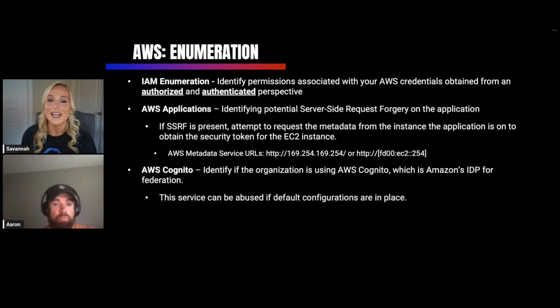So diving into further enumeration associated with AWS, you want to look at it from the authorized perspective versus the authenticated. The authorized perspective is if you have those permissions that you're looking for in that organization. From an authenticated perspective, you can see what you can access in that organization if you have some information like the account ID, and seeing what you can do from an anonymous standpoint to that organization itself. From an authorized standpoint, you can see what other users are in the organization itself, and see if maybe you can leverage an assume role.